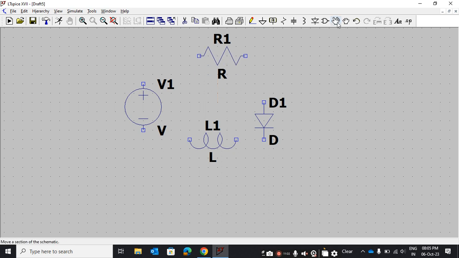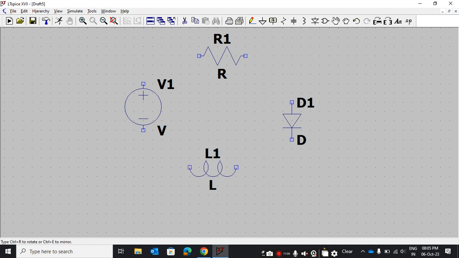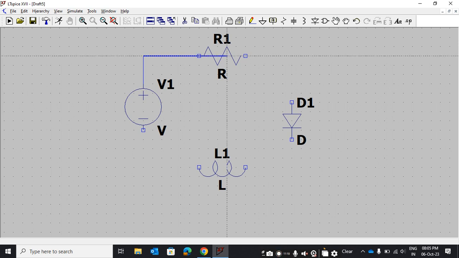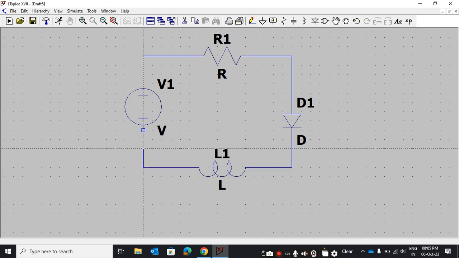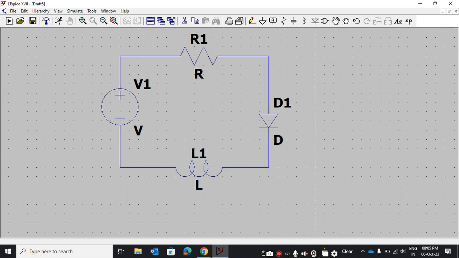So click here and you will get one hand icon and you can move the component individually. This is for individual movement. I will tell you how to move the component with track. So now we take the track and start routing. We can route together also, like this. But individually also you can route.